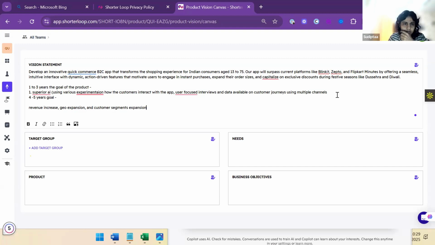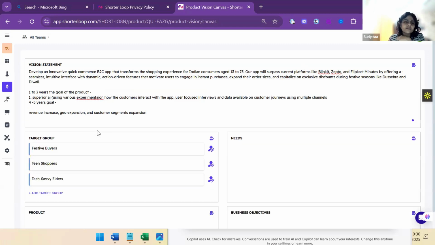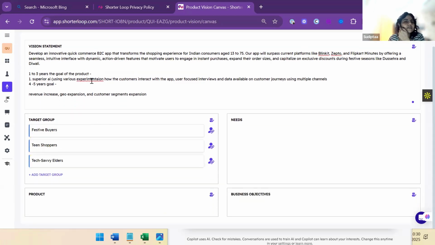Could be anything. You can write other things. Okay, so this is my goal now. Based on this, I am asking AI to gather research. Don't go and blindly copy everything from this, but what it has given is based on the prompt you have written. The sharper your prompt, the more images you attach, the more links you give, AI will read those and then sharpen your vision statement.